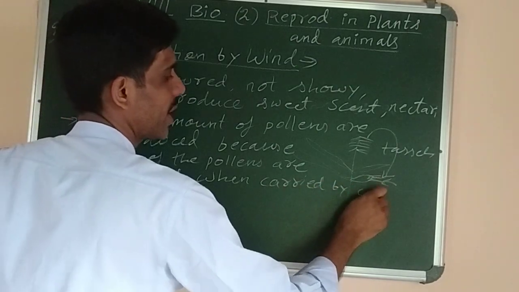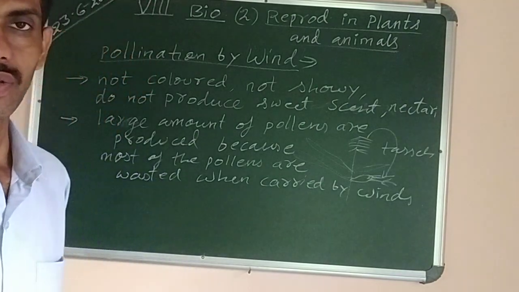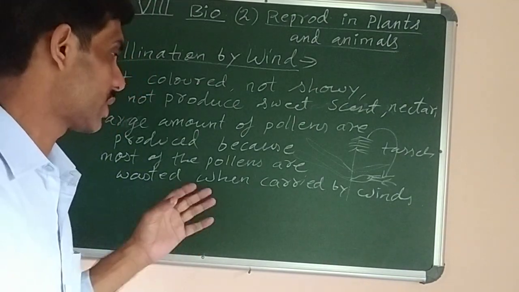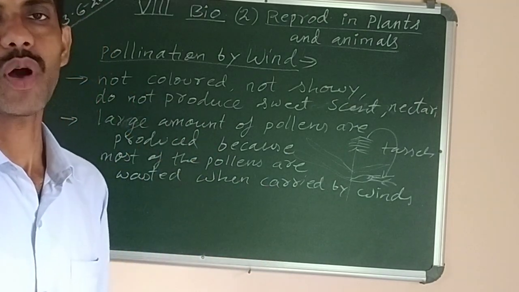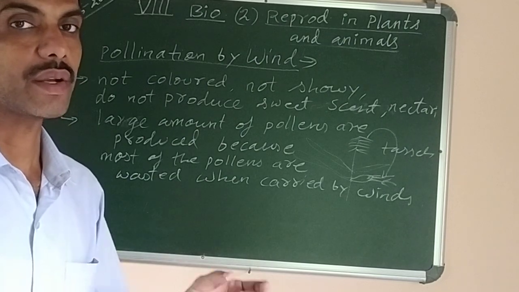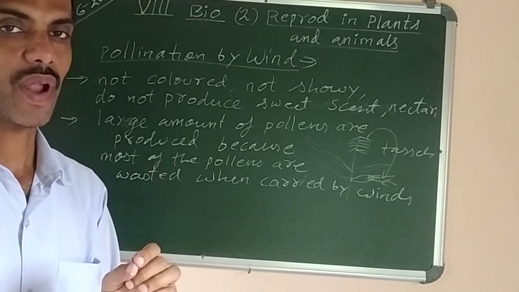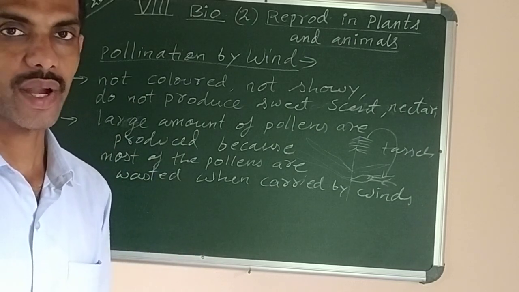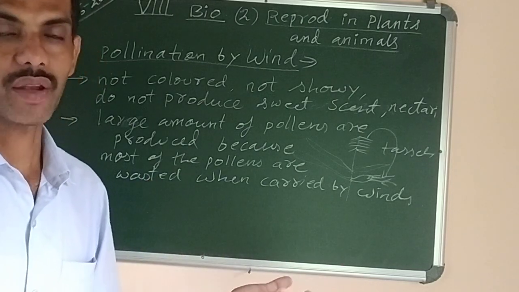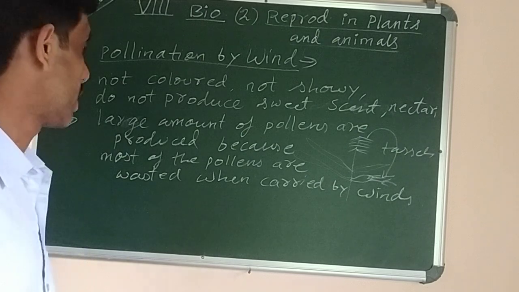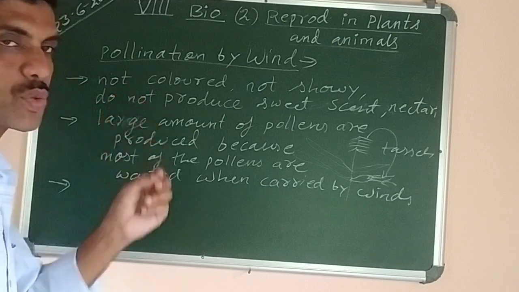Wind may carry the pollens and deposit them in some other places apart from the flower. So that will cause wastage of pollen grains. So that's why wind pollinated and water pollinated flowers need to produce a large amount of pollen grains, because only some of them will reach the suitable place or that particular stigma of the flower on which they are needed or with which they are compatible. Maybe some of them will land on the stigma of other flowers and fail to cause fertilization.